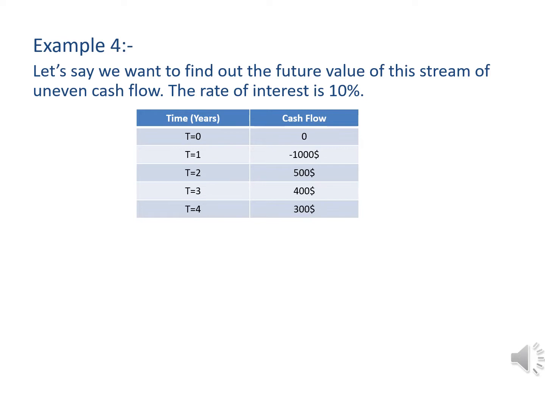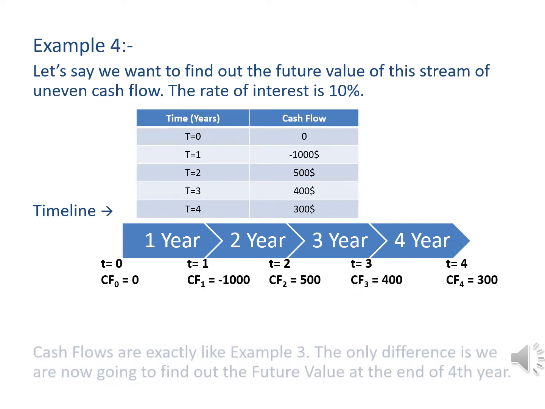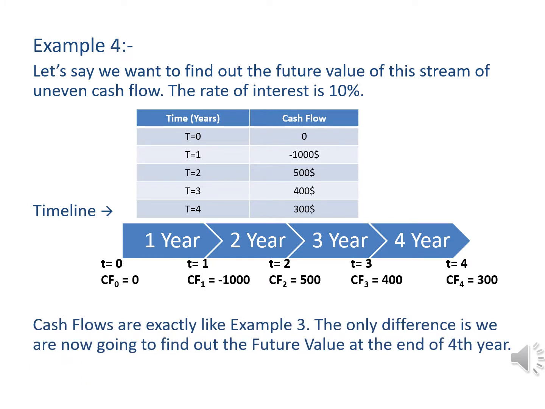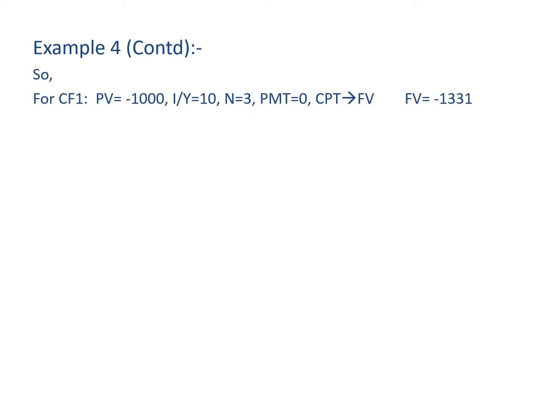Example 4. Let's say we want to find out the future value of this stream of uneven cash flow. The rate of interest is 10%. Let's draw a timeline. I'm sure you have noticed that these cash flows are exactly the same as in example 3. The only difference is that we are now going to find out the future value at the end of 4th year. So, for cash flow 1 or CF1, PV is negative 1000, I by Y is 10,